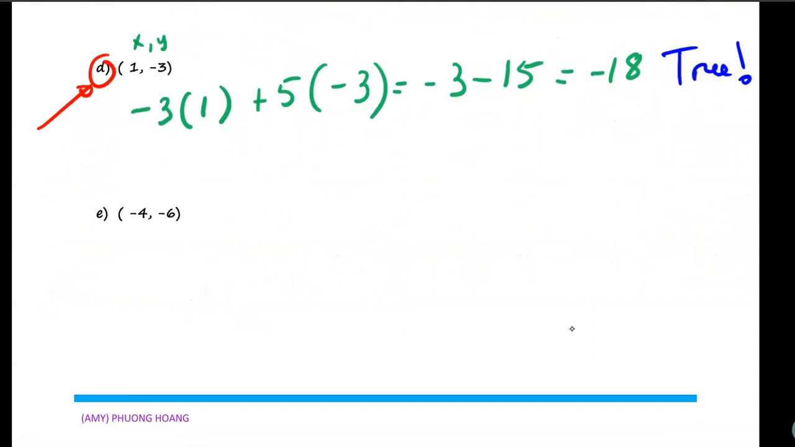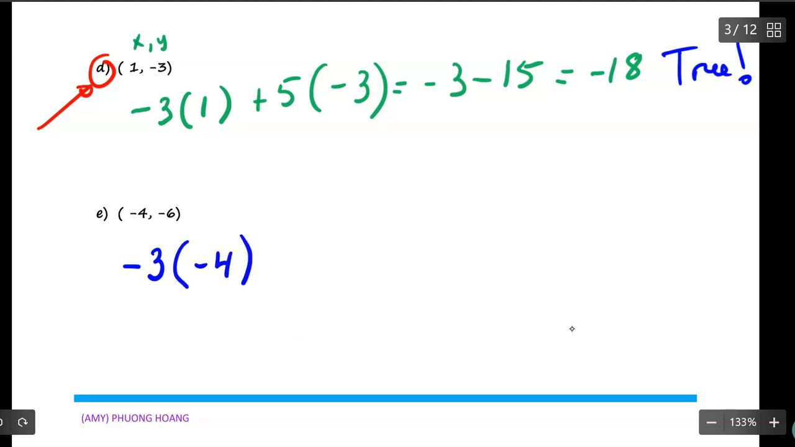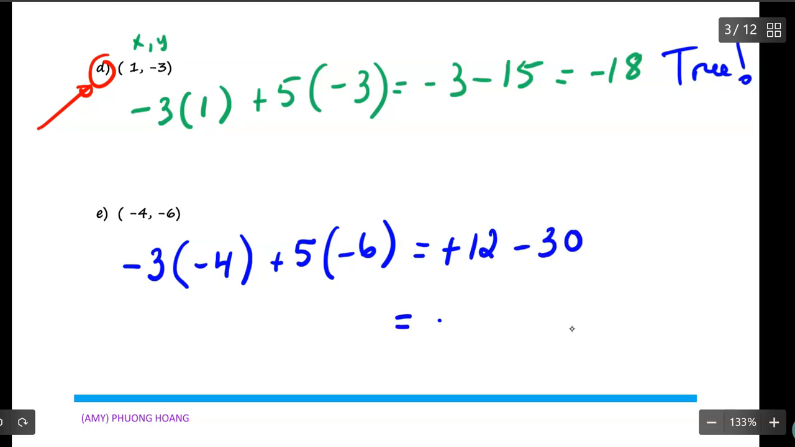And the next one is -4 and -6. So -4 and -6, again, I will substitute it into the linear equation. So -3 times x, which is -3 times -4, and then plus 5 times y, which is 5 times -6. So this one should give me positive 12 subtract 30. So this one is equal to -18. So this one is also true. So the point -4 and -6 is also the solution for this